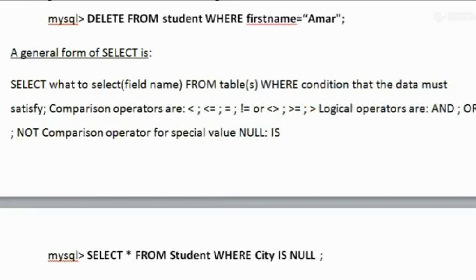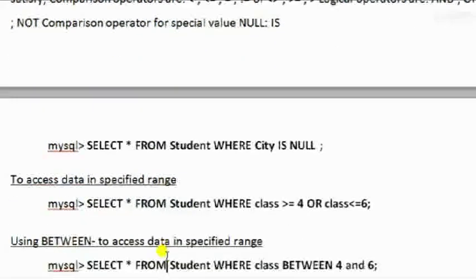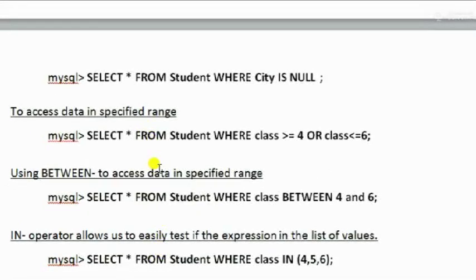So similarly, you see, select all fields of the table student where city is null. City is null.